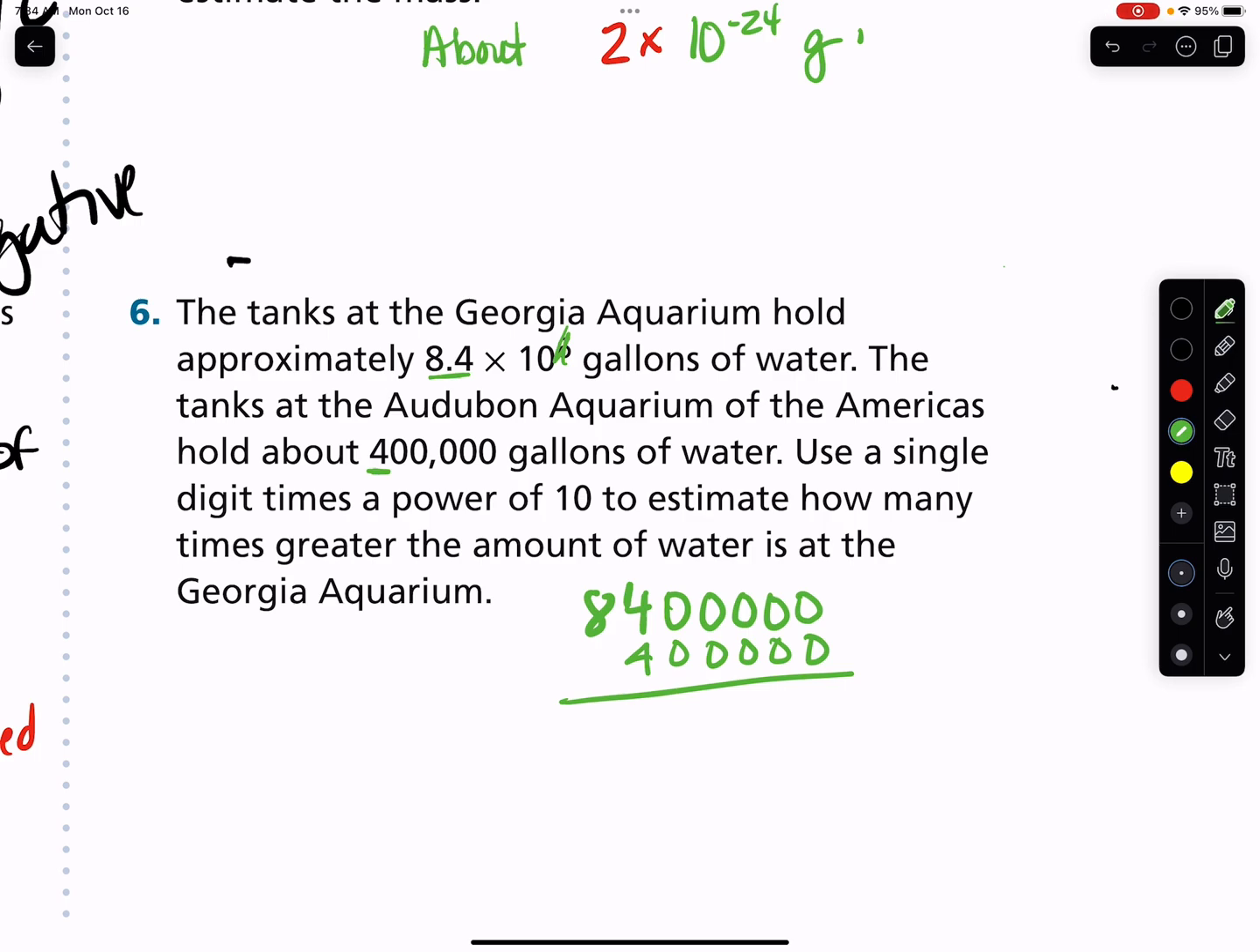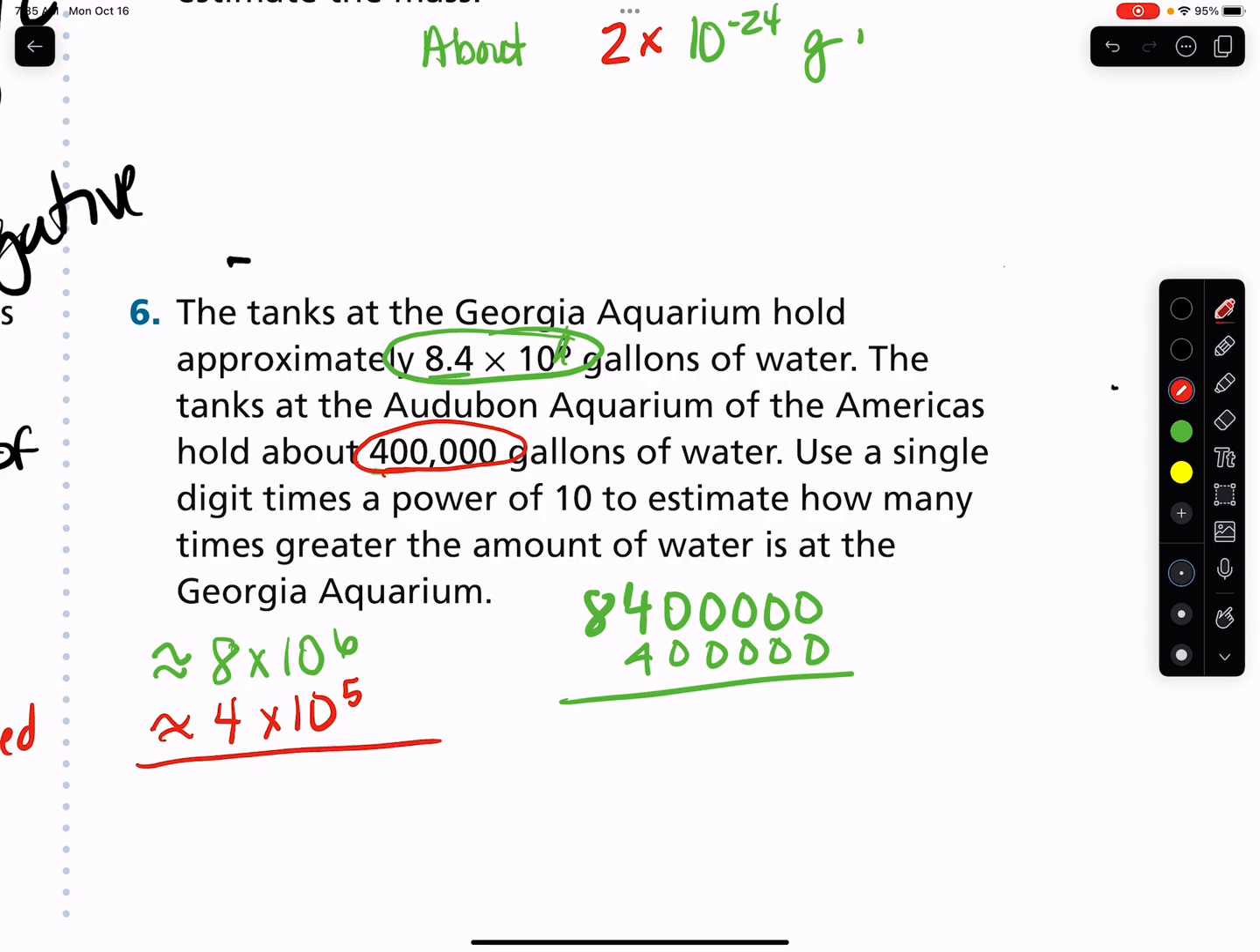So it says 8. I get it, but only because I'm looking at what the book says. So what the book is telling me to do is round this one. So this one is about 8 times 10 to the 6th. Okay. This one is about 4 times 10 to the 1, 2, 3, 4, 5, 5th power. Okay. So